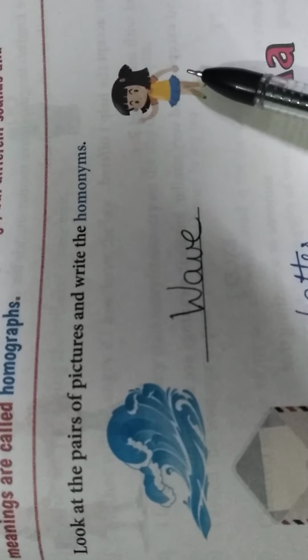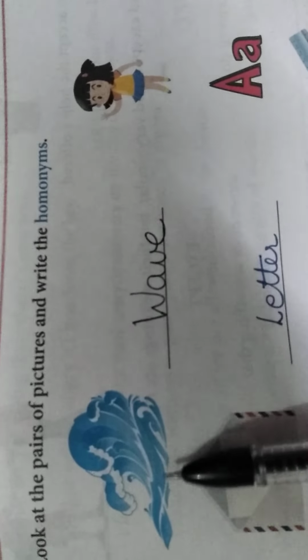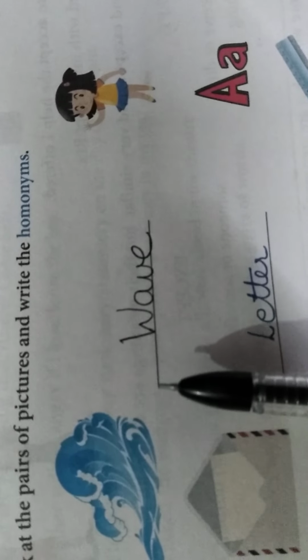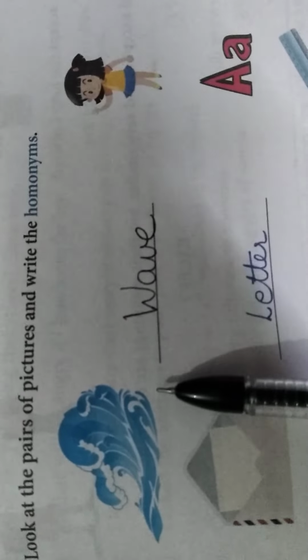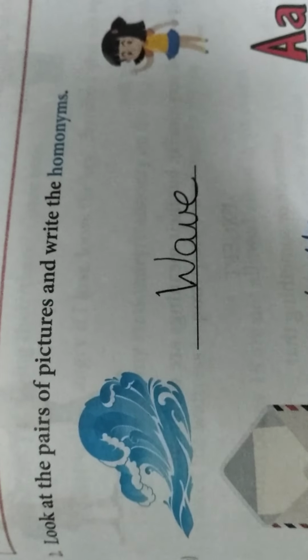So here this girl is waving her hand and here are the waves of the sea. This means a line of water moving across the surface of water, especially the sea, that is higher than the rest of the surface. Like we watch the waves on the seashore. And here this girl is waving her hand from side to side in the air so as to greet or leave somebody. So we wave flags as the president comes. This is an example of waving.